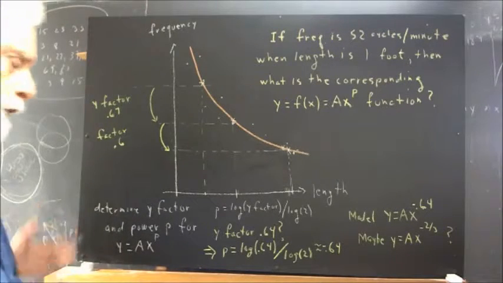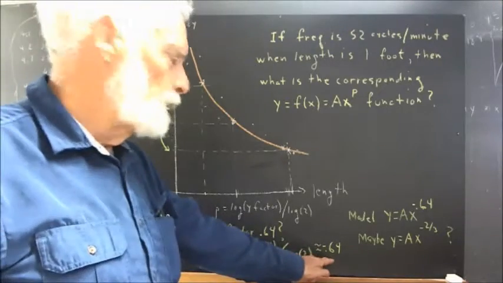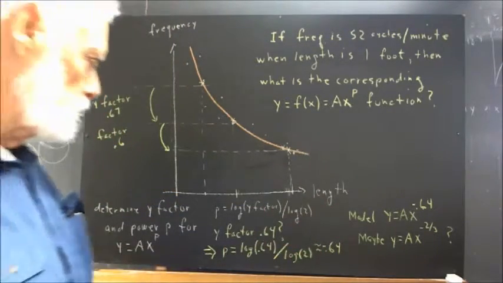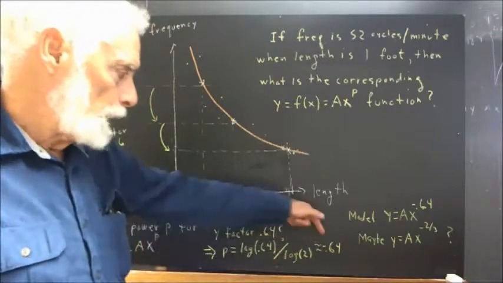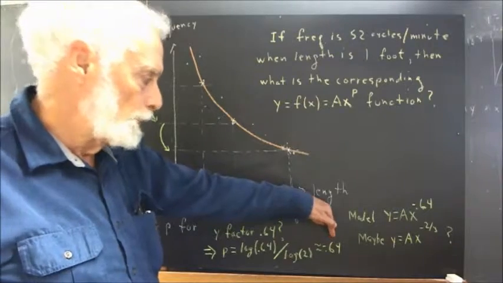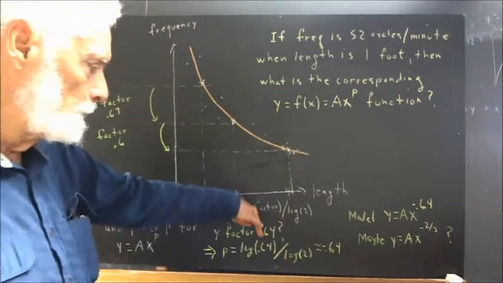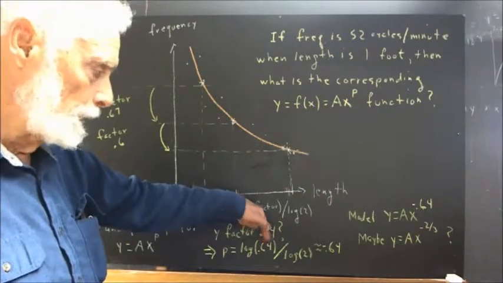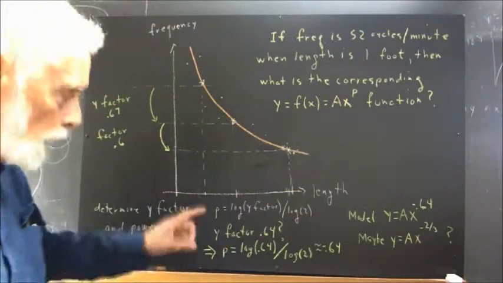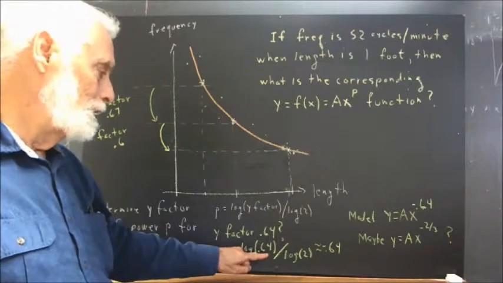Okay, slight correction. I had negative 0.55 here, and I don't know what I was thinking. I was interpolating wrong. That should actually be negative 0.64, and it's just a coincidence that the negative 64 here matches the 0.64 here. There's no reason for this number to match this number, except for one particular value of